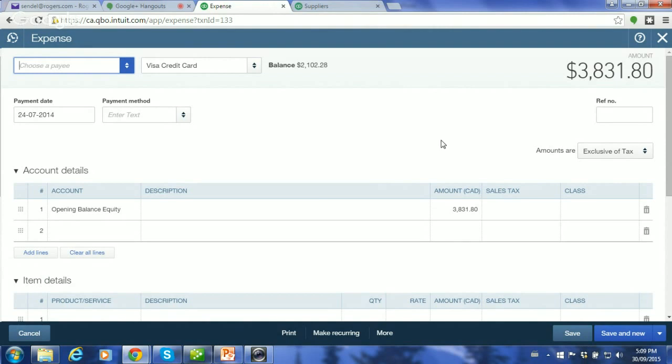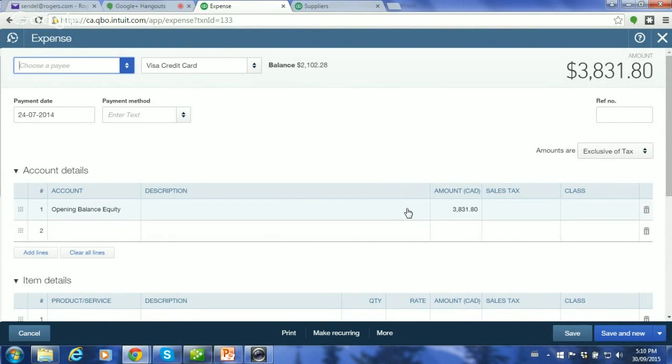But if your credit card already has a balance, when you add it, you're only getting the historical 3 months. And before that, for any balance that's there, the system creates an automatic entry, and they arbitrarily send it to opening balance equity. The reason for this is when you do your credit card reconciliation or your bank reconciliation, the same thing can show up. The reason this is done is so that you can complete your reconciliation. But the reality is this has no appropriate meaning for us from an accounting standpoint. So how do we get rid of the 383180?